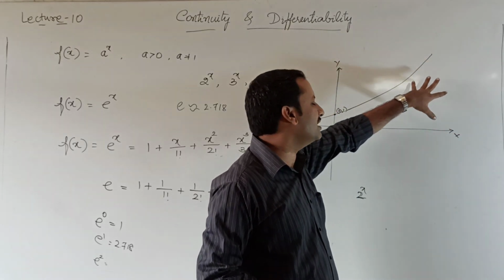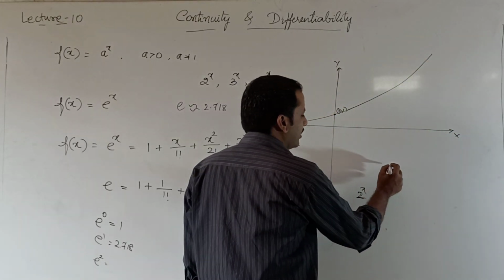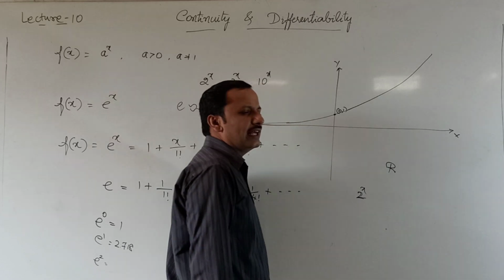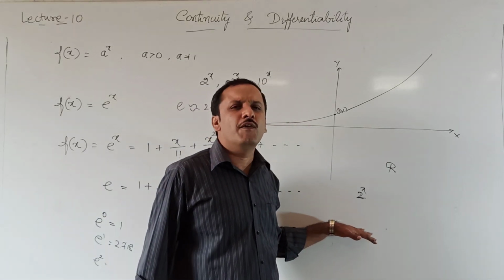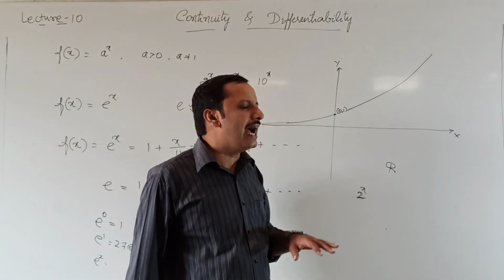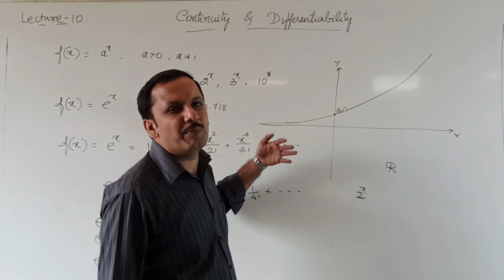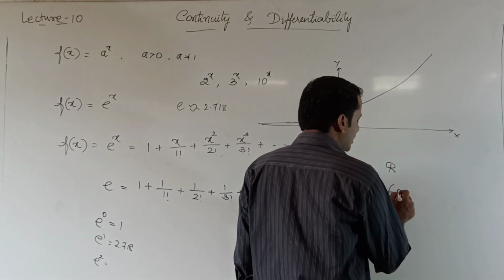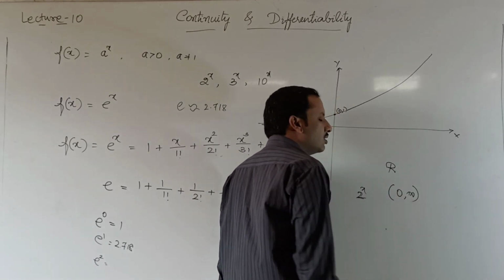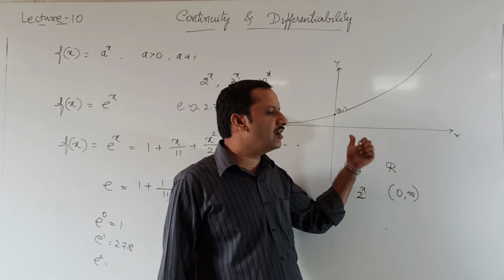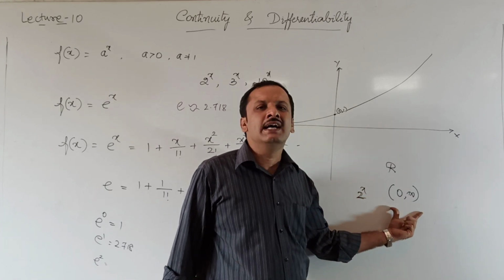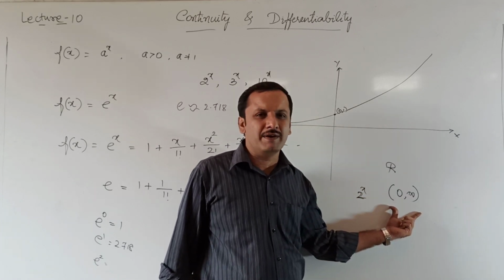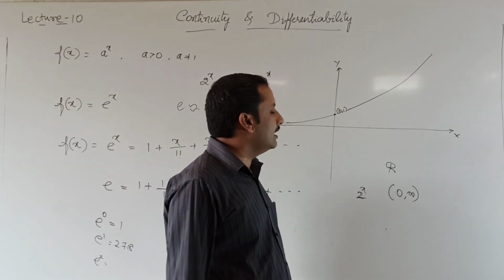Okay. So from this we can observe that the domain of this is the set of all real numbers. This function is defined for all real values of x. And the range is the set of all positive reals. Okay, set of all positive reals means the open interval 0 to infinity. This is the domain of e power x. This is the range of e power x. Okay. Next,